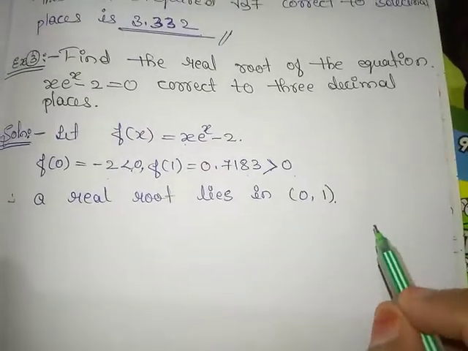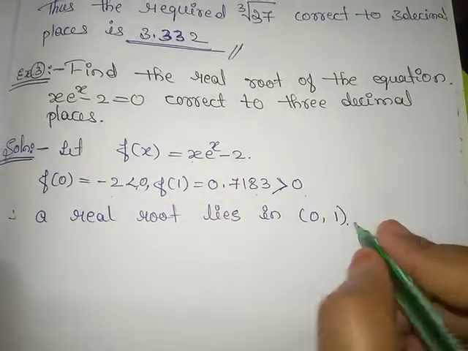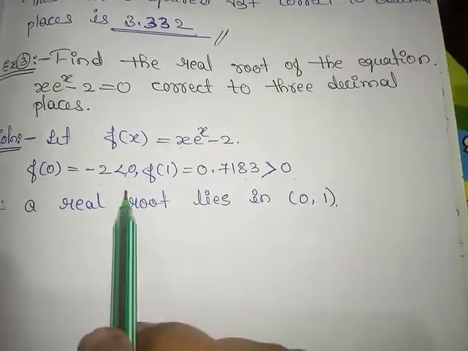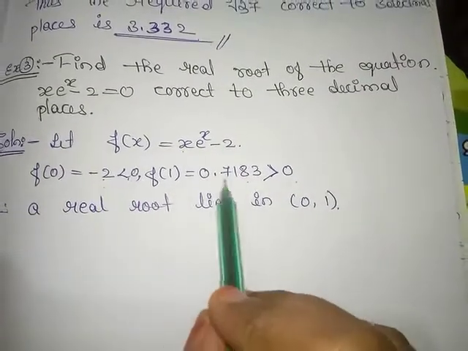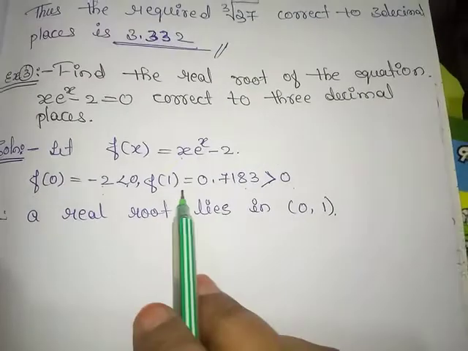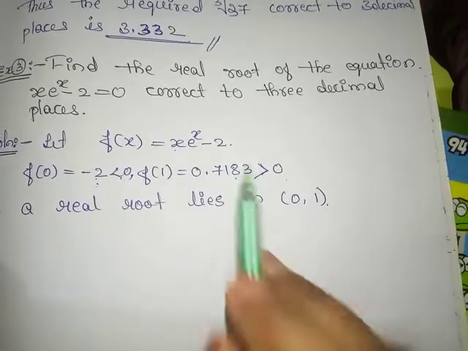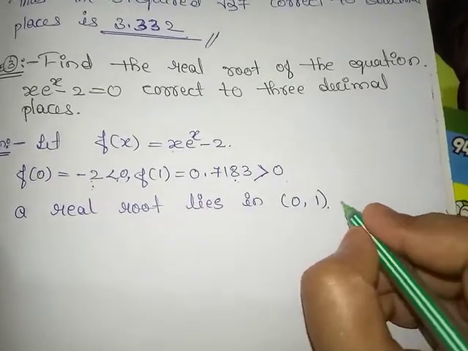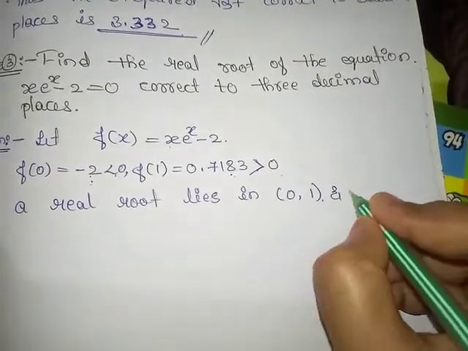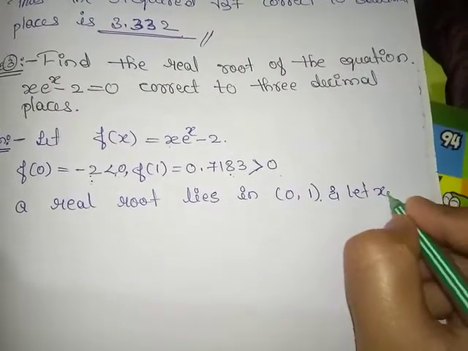And what will be x naught here? The initial approximation is what? As compared to minus 2, 0.7183 is near to 0. Therefore, let x naught be